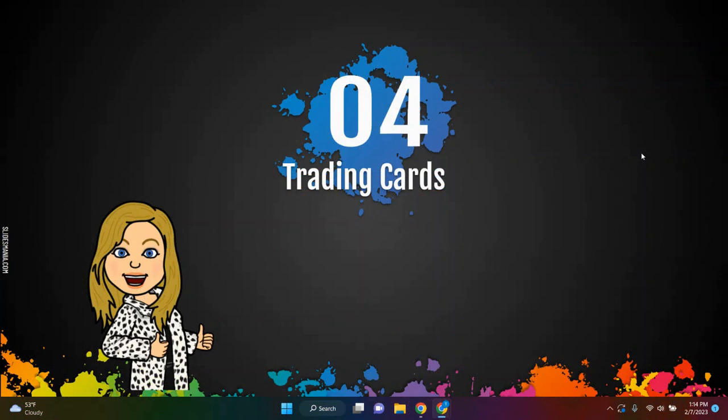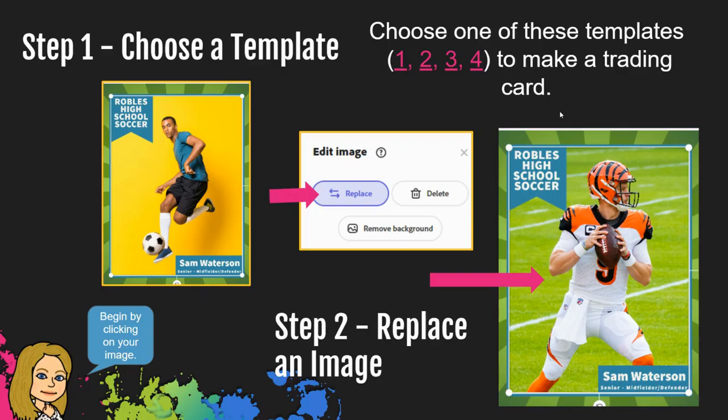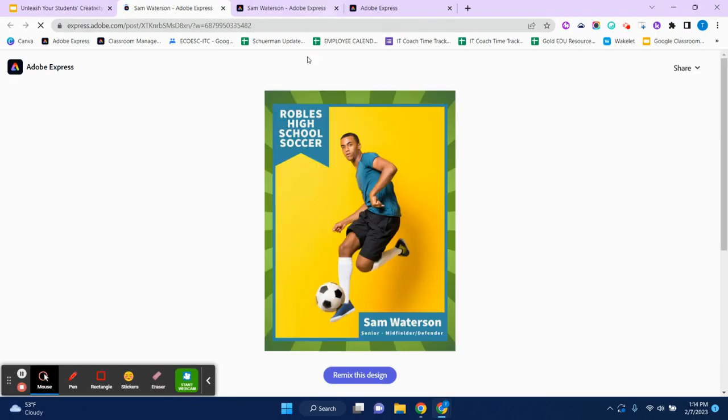The next project is going to be trading cards. So let's take a look at the slides first, and then we'll go live and create a trading card. First of all, you're going to choose a template, and Laurel does have 4 of them linked here that are good to use for this project. So you'll notice her 1, 2, 3, and 4 are linked, and that way you're going to be able to open a template to use. So if you click one, it's going to open in Adobe Express, and then you're going to be able